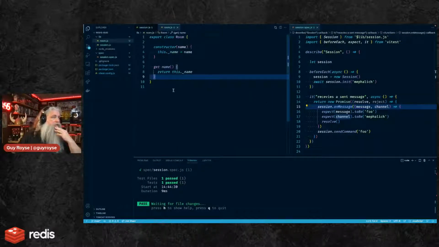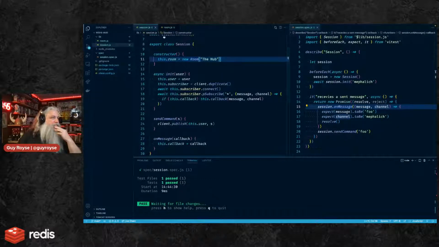Okay, so hang on. This is the problem with this unscripted coding thing, right? You never really know what we're going to get. Because I don't want to create a new room here each time. I really just want to have one instance of the room. No, then maybe I do want to create a new room each time.